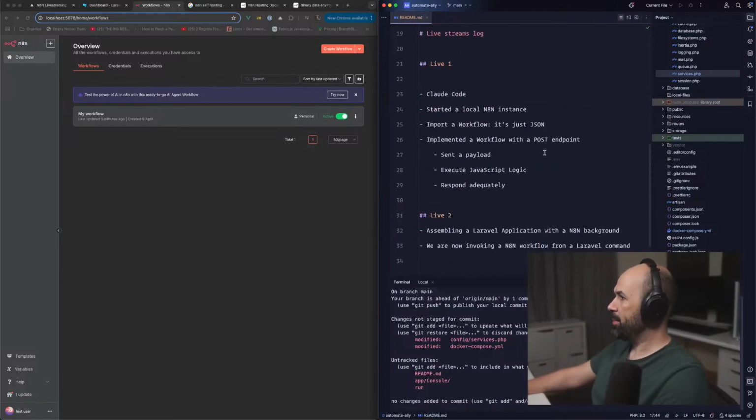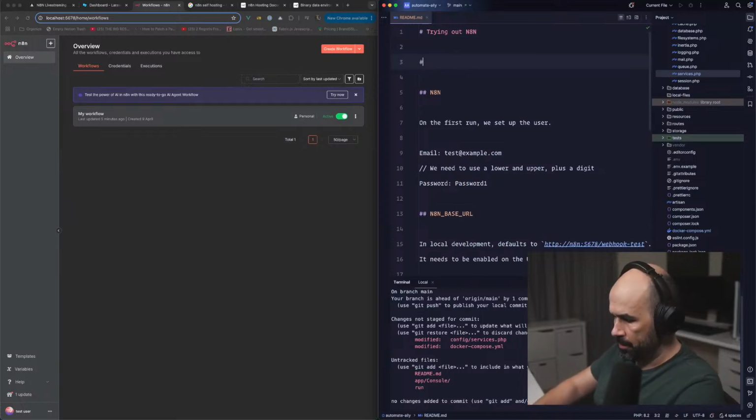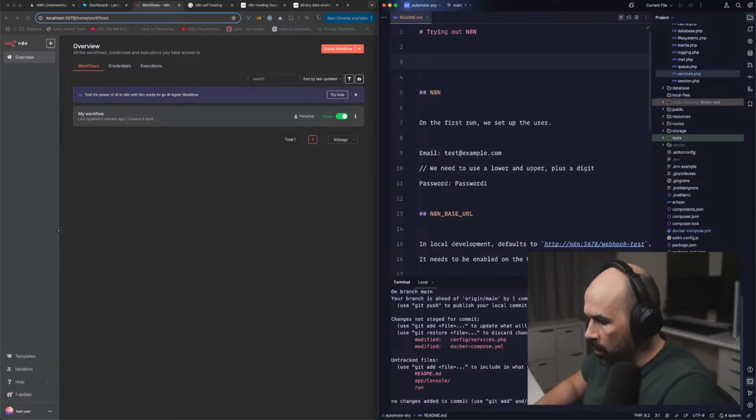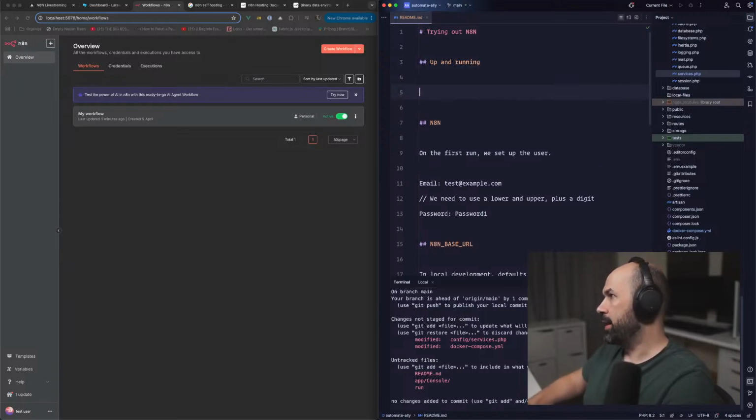Okay, so up and running, it's a Laravel application. We're using Laravel style, that's important, because we need the Docker thing.